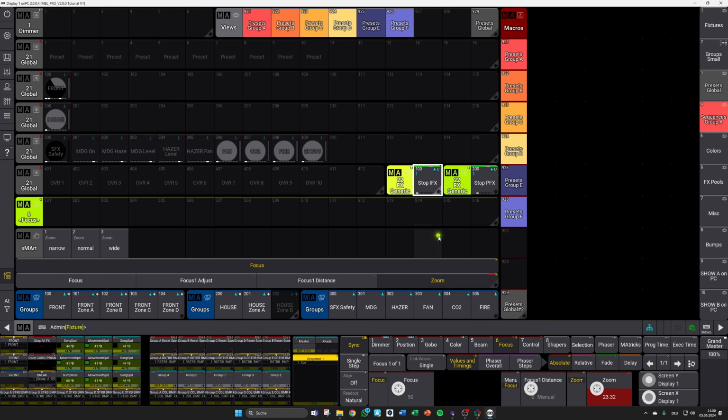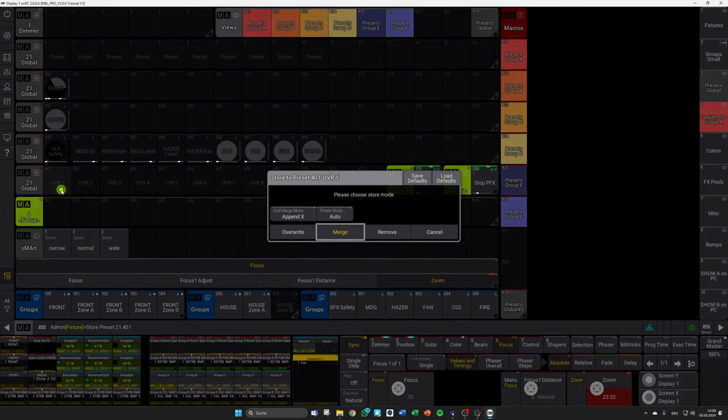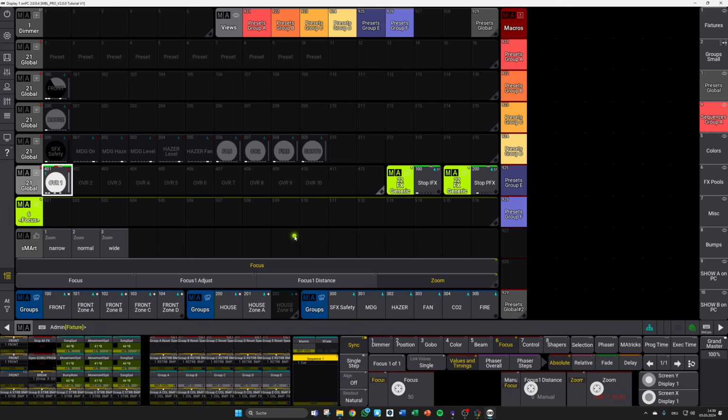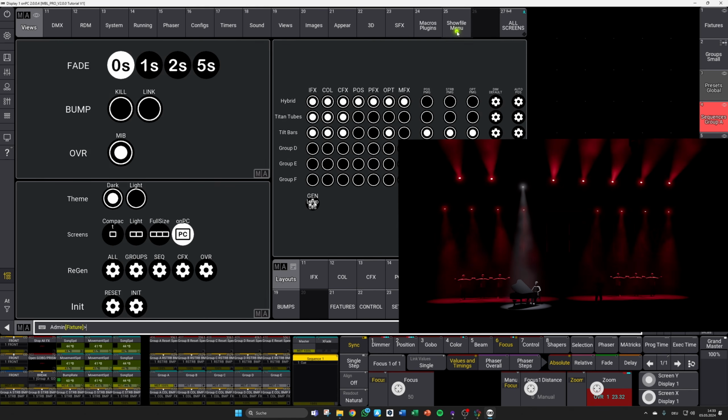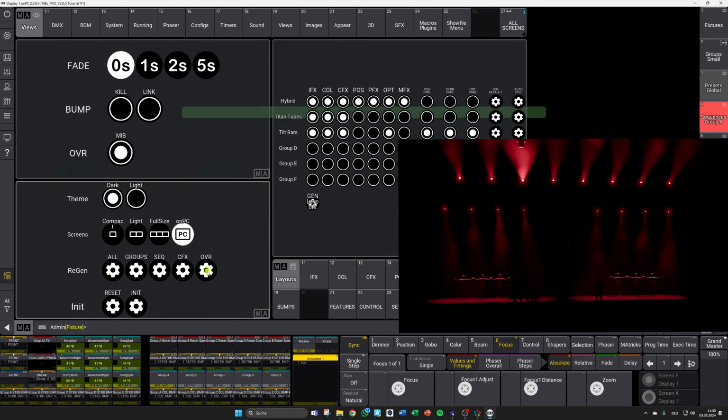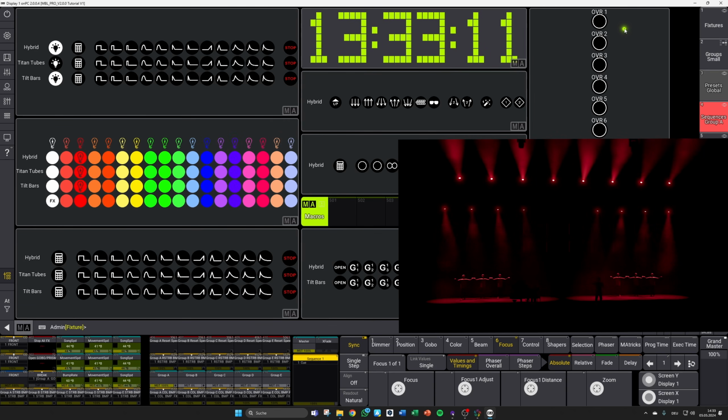So if you want to create a standard solo spot, hit both of them after you're satisfied with your look, and then simply hit store and override this first override all preset. After this, quickly move over to our show file menu and hit the regen override icon. This will then store the corresponding sequences for you, and you're good to go and check out your first override